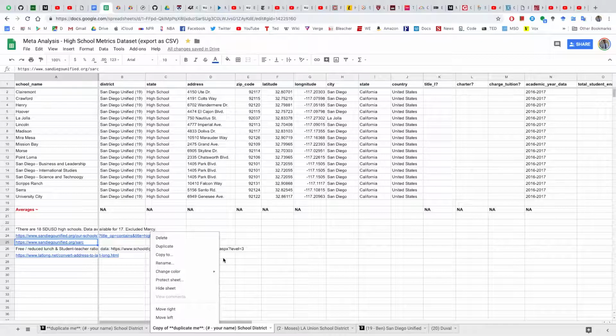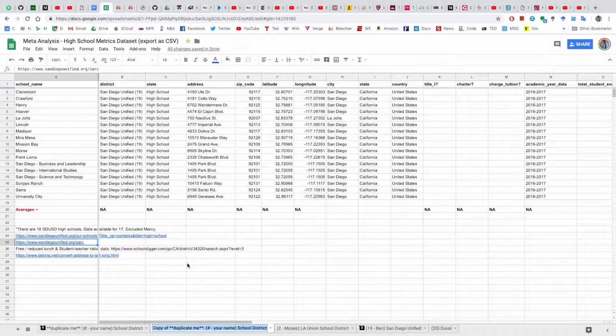So I'm going to rename it to the size of the school district. New York is ranked the first largest. My name is Greg. I'm tackling New York public schools. And I'm going to move this sheet to the right order. In this case, it'll be first.